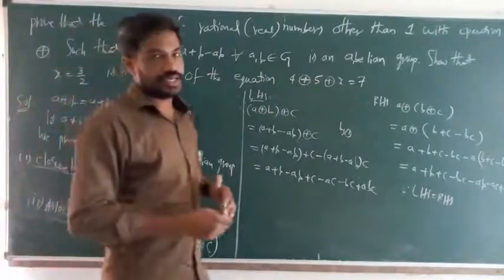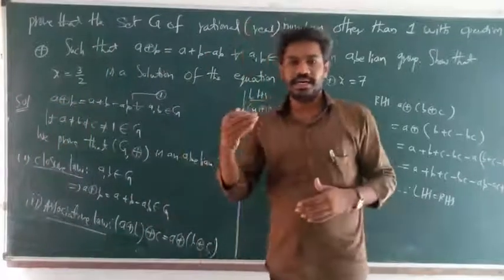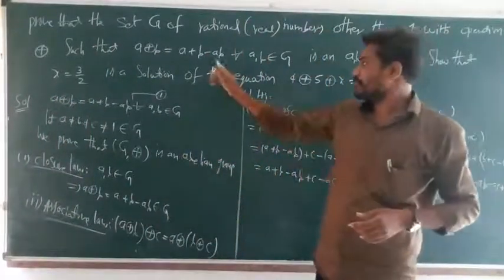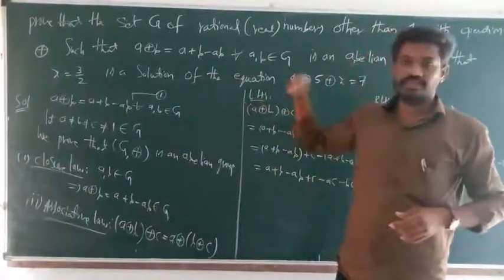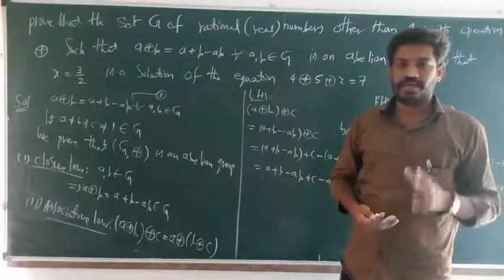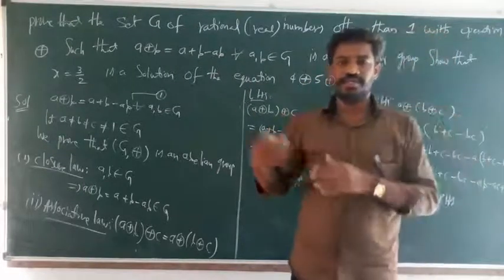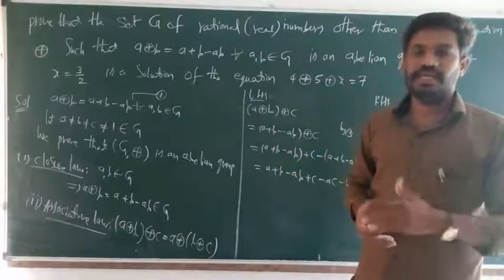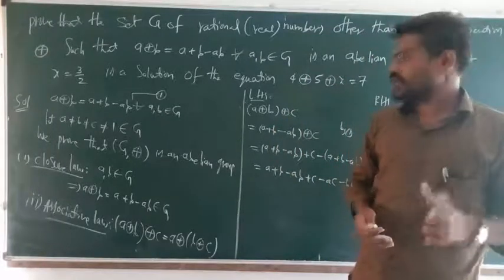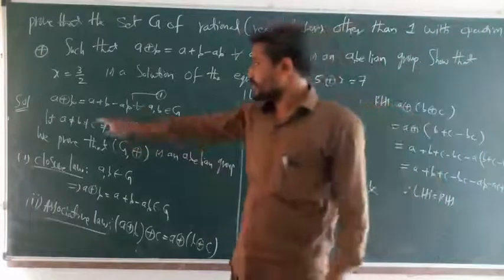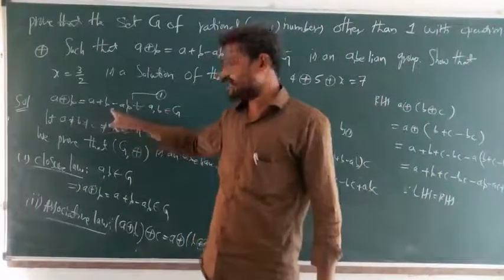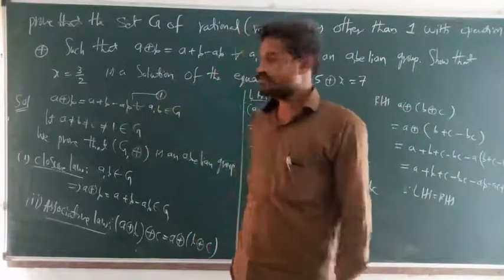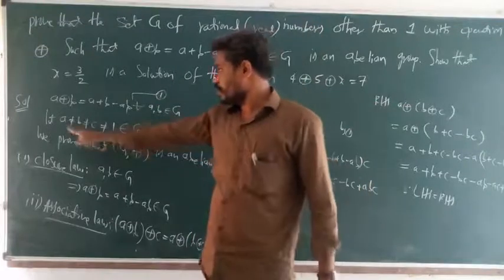First we select the condition A direct sum B is equal to A plus B minus AB. All elements belong to the set G, and one condition is that the elements are real numbers or rational numbers. The next condition is that any element you assume in the set G must not equal 1. So I am selecting A direct sum B equal to A plus B minus AB. This is condition 1 for all elements of G.